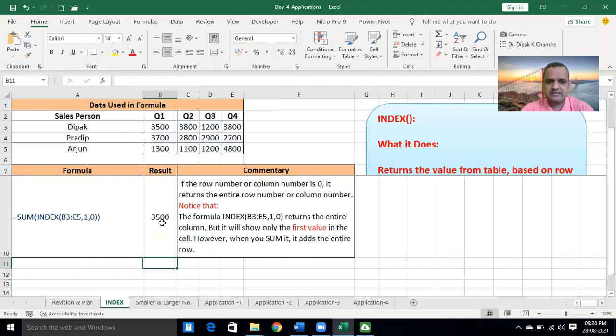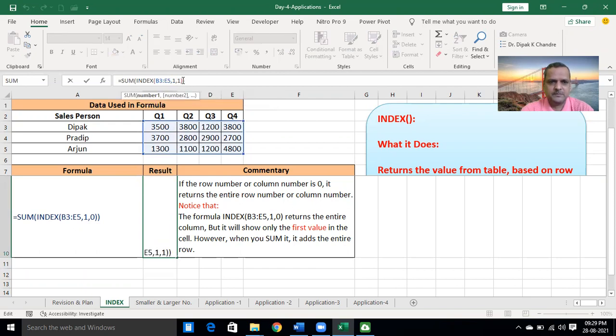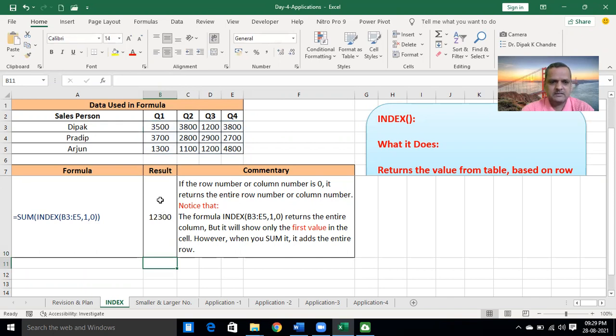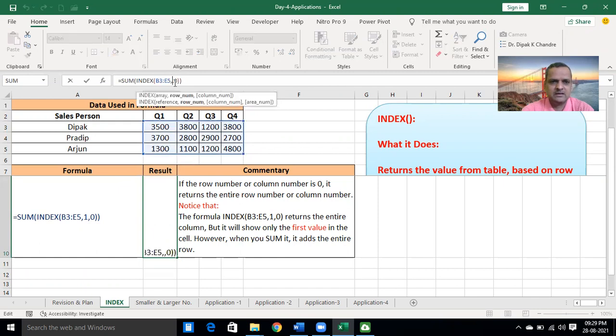It means only the first row, first column. If you write 0, then it is the addition of this complete row only. And if you want the addition of this first column, you need to insert 0 and column number 1.